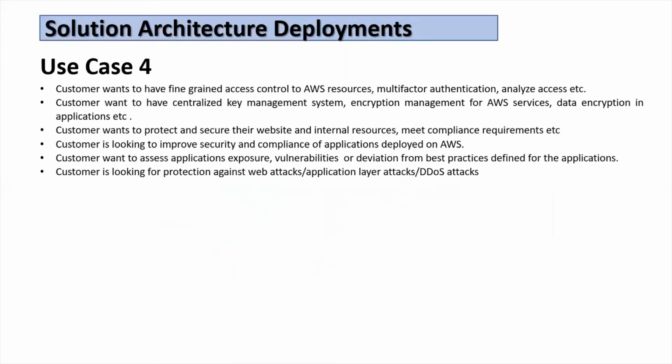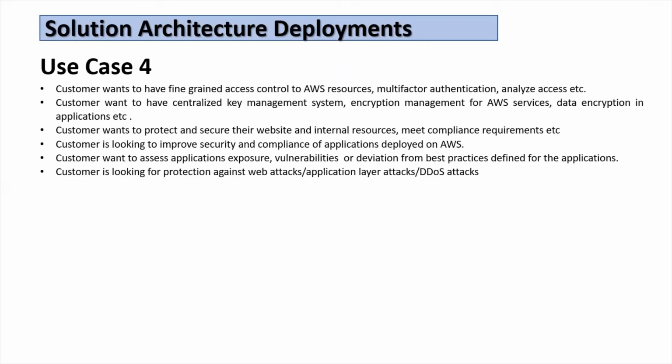Coming to the next use case. In this use case, we will cover a customer scenario where the customer wants to create a secure AWS cloud infrastructure using AWS services for authentication, access control, and encryption. Also, the customer wants to establish secure applications over the internet, improve existing security, and meet certain international compliance standards. They also need to secure the cloud infrastructure against serious attacks like application attacks and DDoS attacks that can disrupt the business.